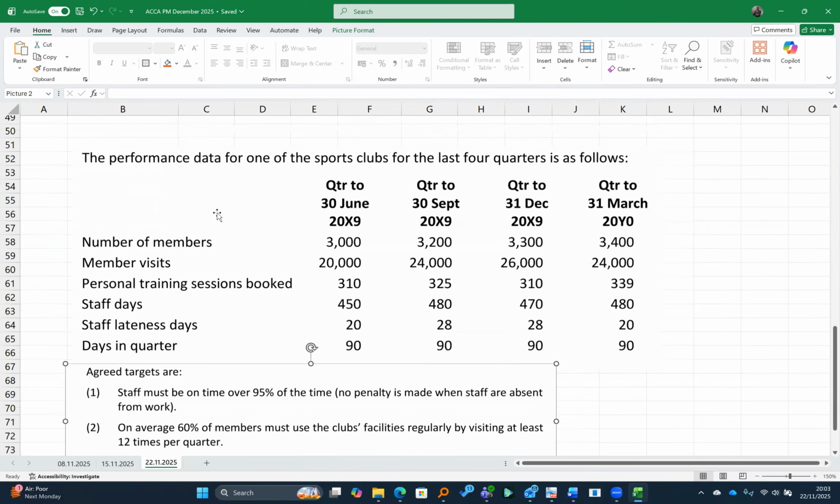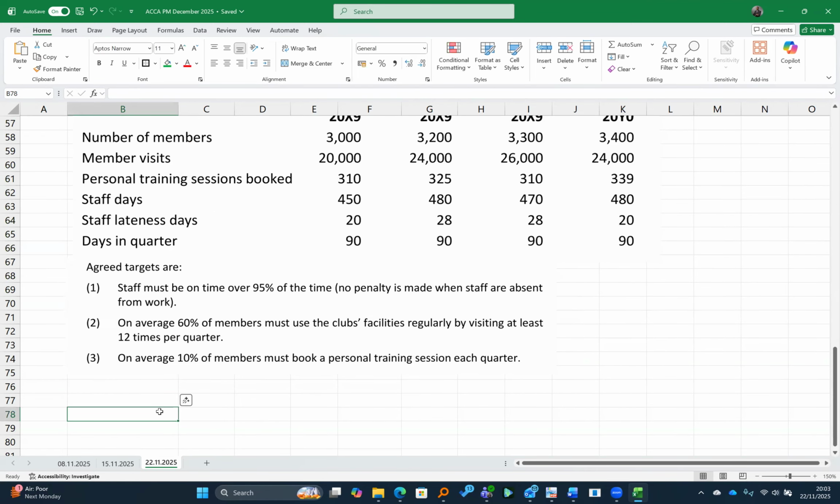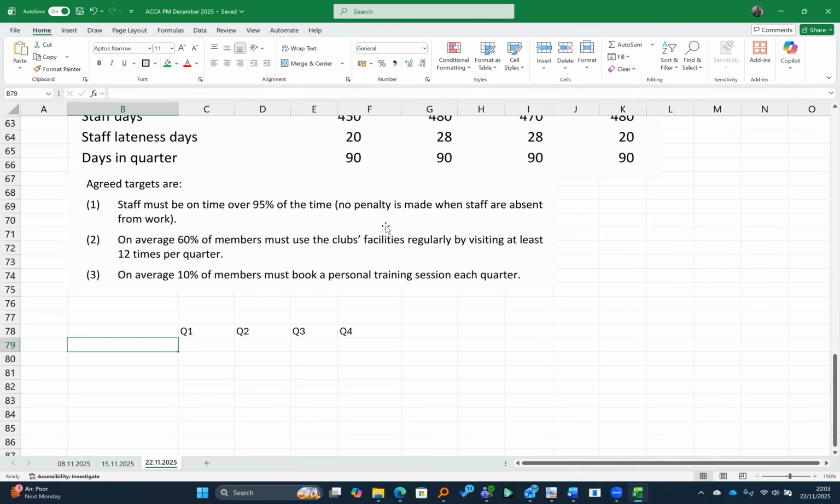So staff must be on time. So we are going to put here Q1, Q2, Q3, and Q4 for the different quarters. Then now we first check